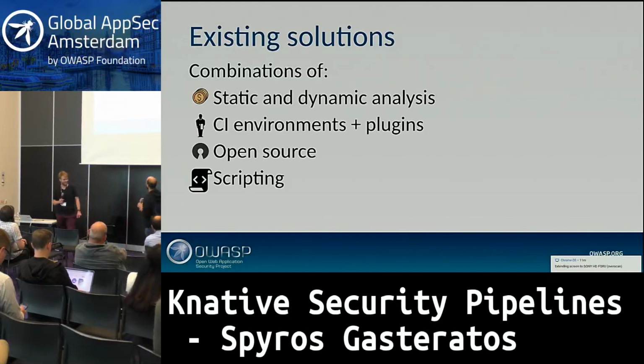So in the past, in most presentations I've seen on the subject and talks with some of you, everybody seems to be doing something like that. There are pretty good tools out there, either commercial or non-commercial, that do both static and dynamic analysis, e.g. ZAP, for example. It's pretty good at doing dynamic analysis. And there are plugins for most CI environments that support said tools, and a fair amount of open source things. Bandit is one of my favorites.